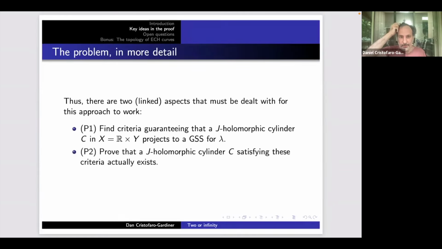structure of the problem. Okay, so I now want to go into both P1 and P2 in more detail, but I want to see if there are any questions about